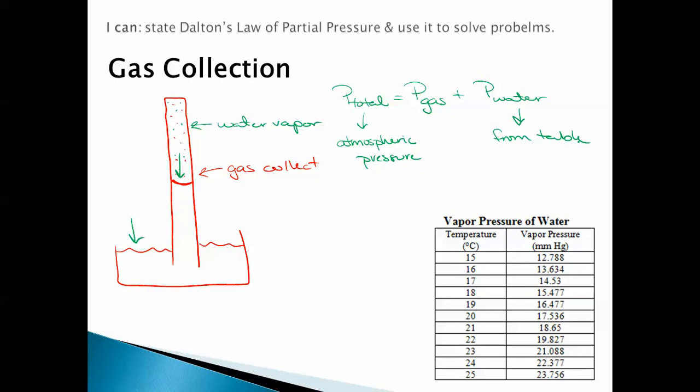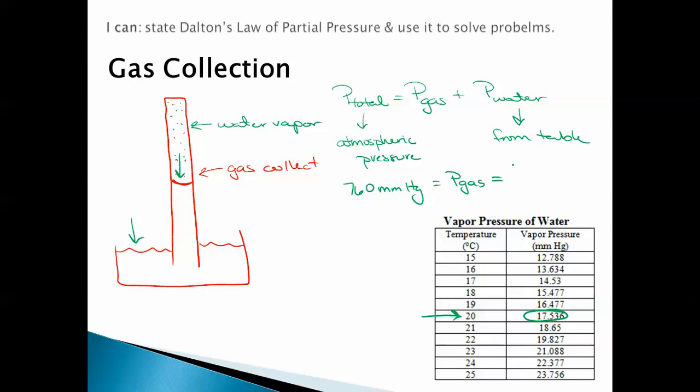And so as you can tell, the amount of vapor pressure that you have is dependent upon the temperature that you're at. So if we were at approximately room temperature, which is more or less at 20-ish degrees Celsius, water vapor may be exerting a pressure of 17.536 millimeters of mercury. So if I wanted to know what the pressure was of my gas, I would have to plug my values into my table. If we were at sea level, if we were at 1 atmosphere pressure, or in other words 760 millimeters of mercury, the pressure of my gas that we would be collecting would be equal to the